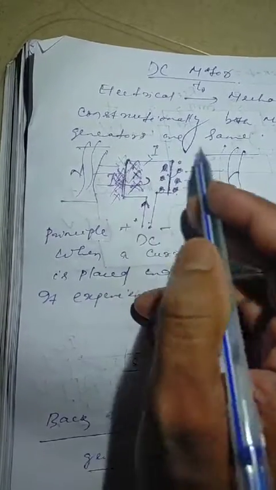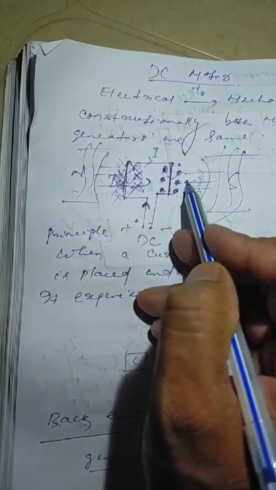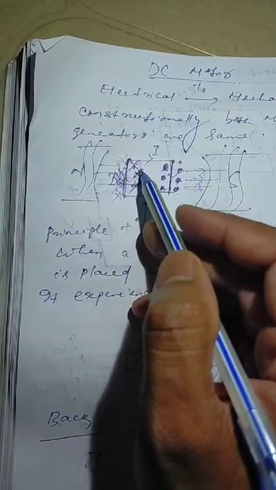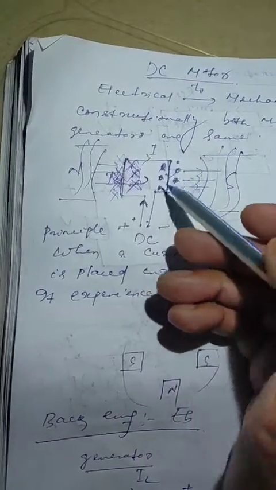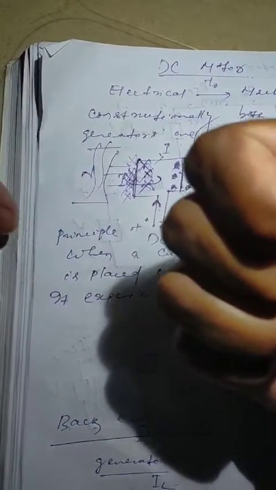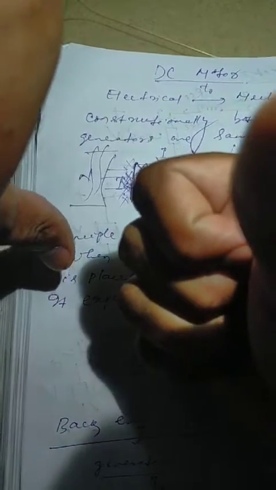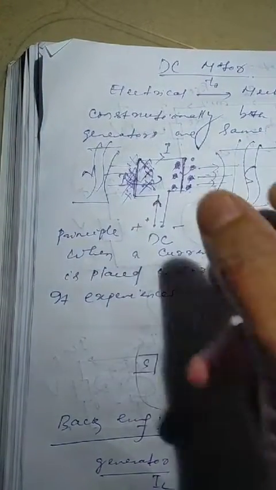As many conductors as there will be, there will be two sides, one side to the north pole and one side to the south pole. Under north pole the force will be acting towards the plane of paper, and under south pole the force will be acting away from the plane of the paper. Then one kind of motion is created on each side. Whenever you have this kind of motion, one side away and one side inside, ultimately it will produce a turning effect.